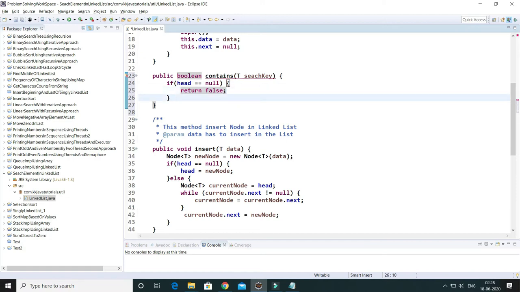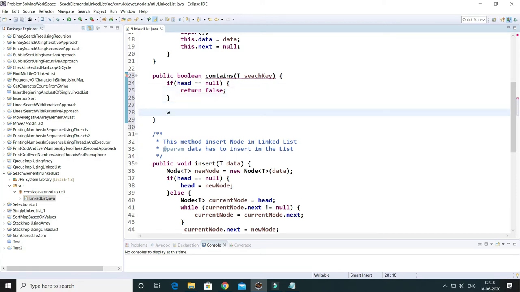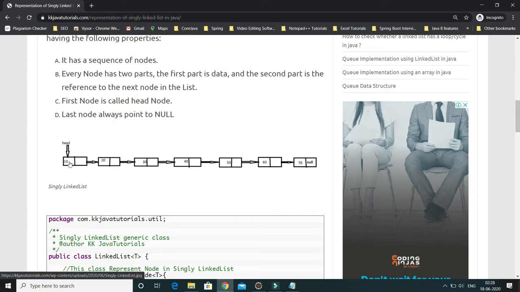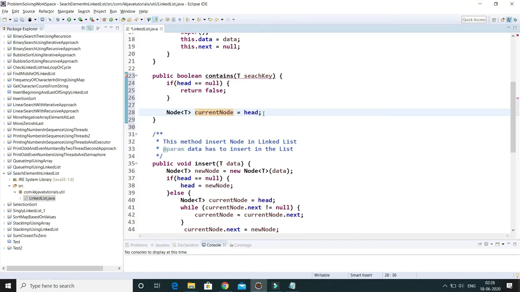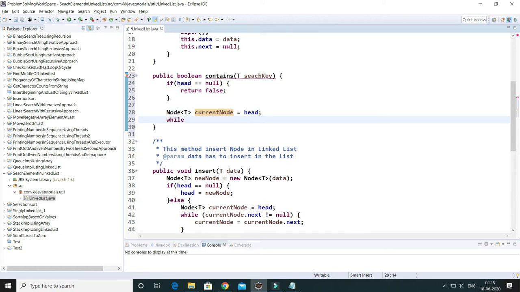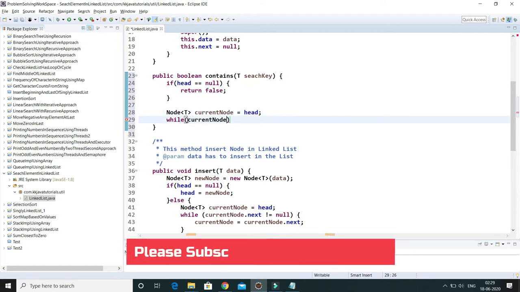Else, we need to create a node, call it the current node, and assign head to this current node. The current node is now holding the head. Why head? Because we have to start from here. Now we need to traverse throughout the linked list, and for that we require a while loop: while current node is not equal to null.